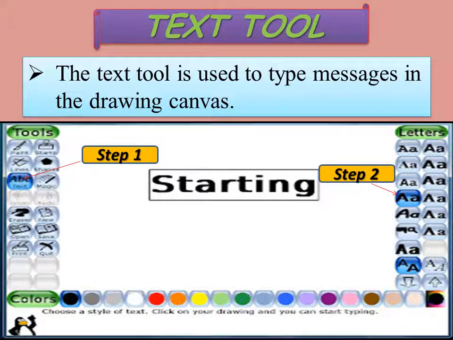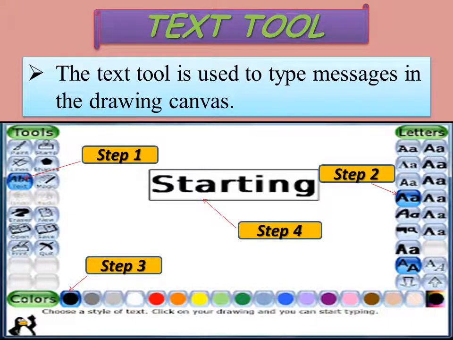Click and choose a letter style from the selector. Step 3. Click and choose a color from the colors box. Step 4. Click on the drawing canvas. A blinking line called the cursor appears. Type your message. Once you finish typing, click on any other tool in the toolbar.